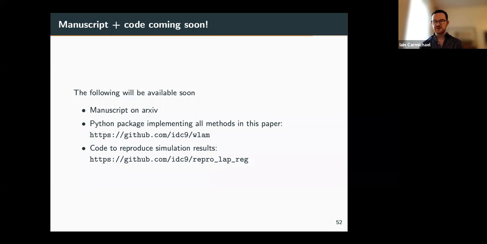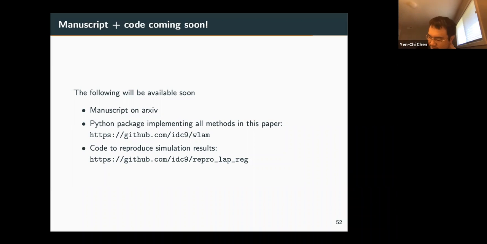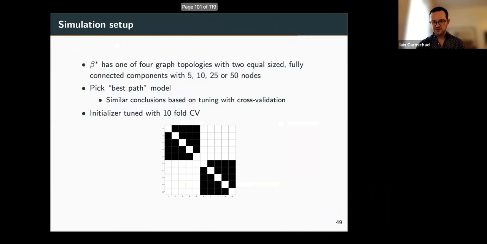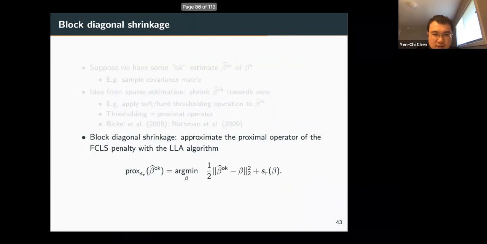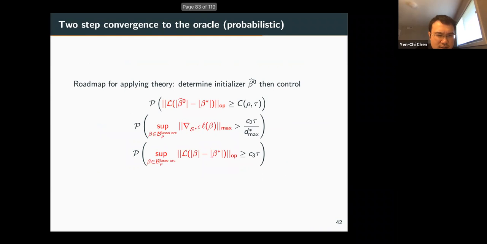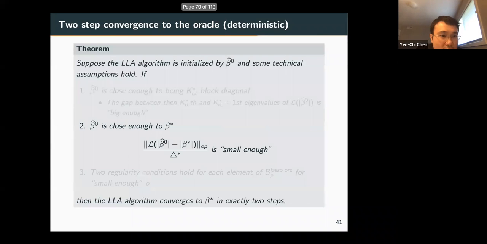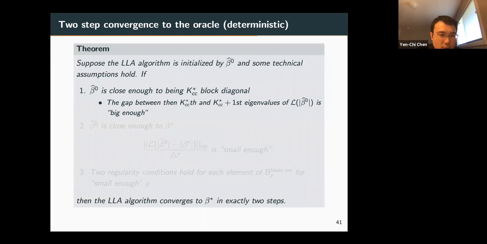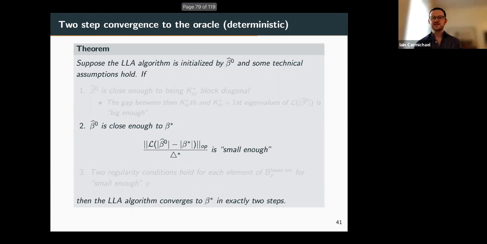Yeah, that's right. Okay, great. I have another question about this good initializer, where you have some very nice theoretical bounds. If you go to page 41, you mention two key conditions, points 1 and 2. Those are the two key conditions you need for a good initializer, right? Yes, exactly.